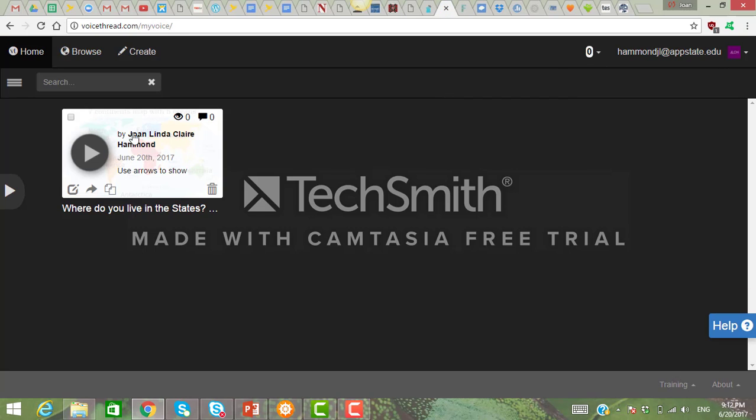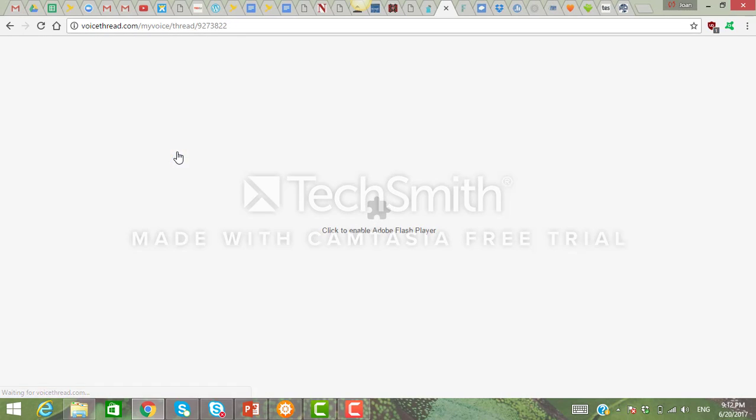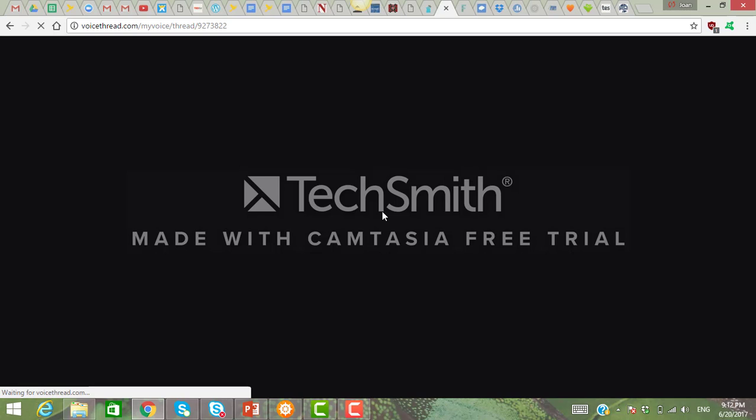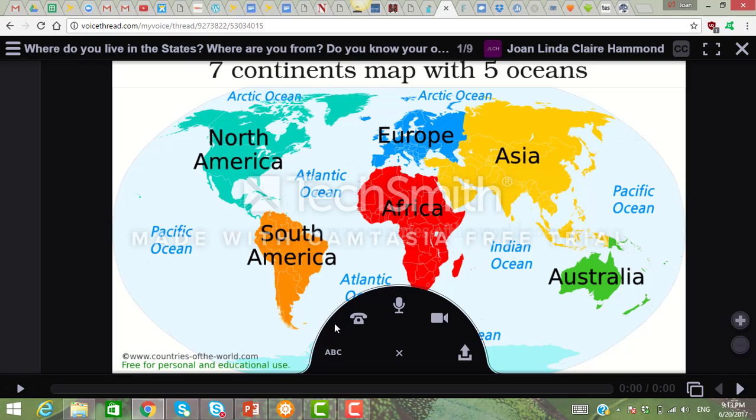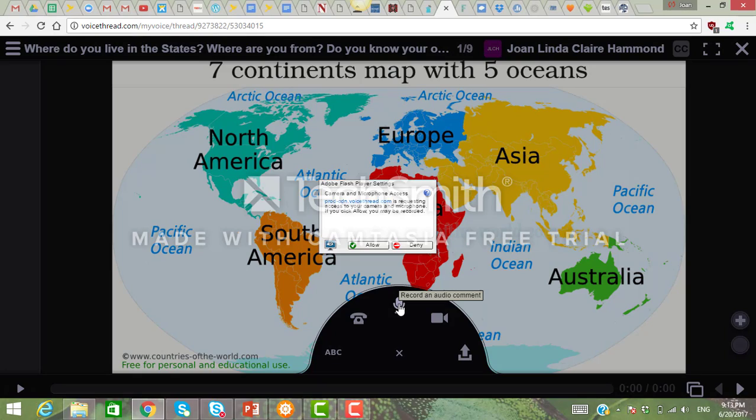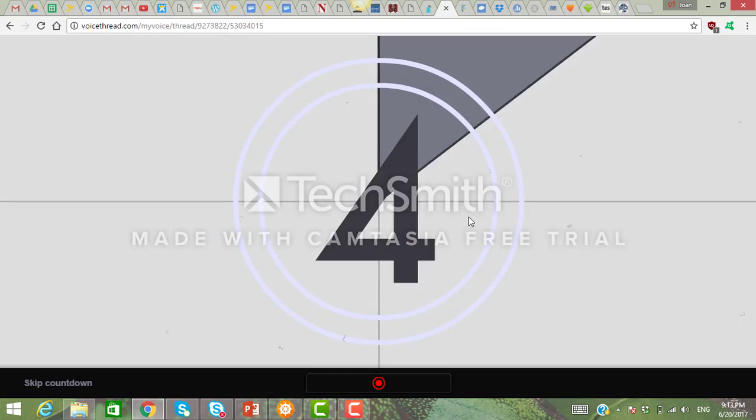So I kind of created something here. So you have to allow Adobe to work, and this is the VoiceThread. Then you can press play. Another thing, there's this little icon here that you can use to, let's say, record an audio comment. So you allow your audio,